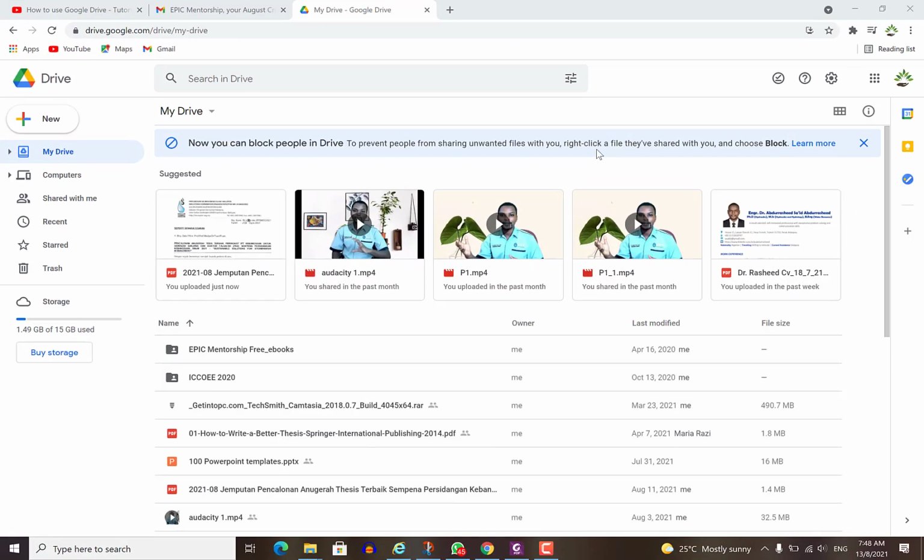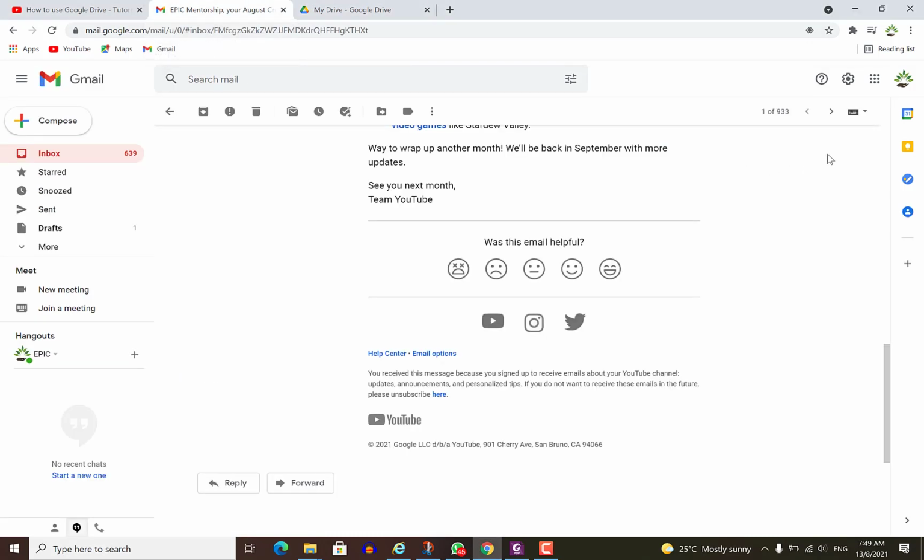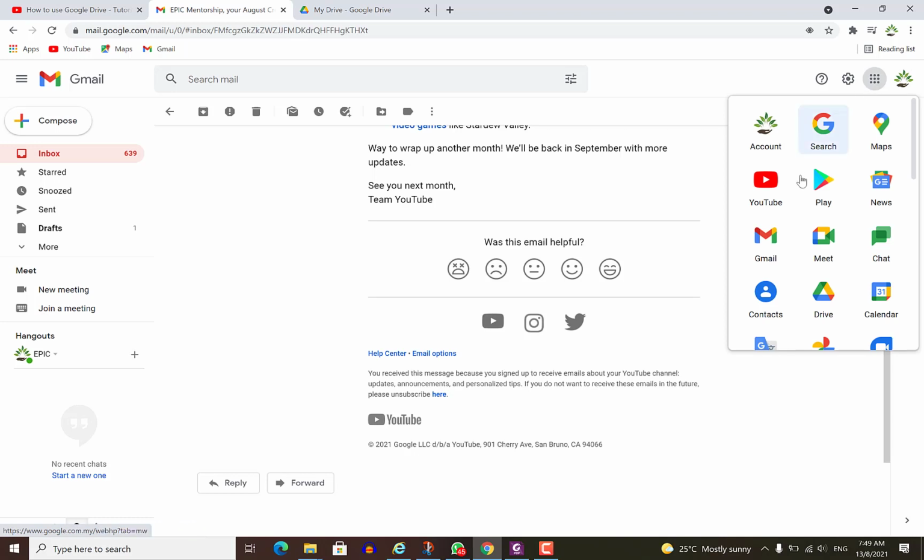To access Google Drive, all you need to do is come over to the search bar and type drive.google.com. Once you have your Gmail address open, you will be able to access your drive directly. Another way is, once you have your email opened, you can come over here to this Google Apps icon. You click on it and you can see a bunch of apps that you can access directly from your device. Down here you can see the Drive. This is the Google Drive we're talking about.